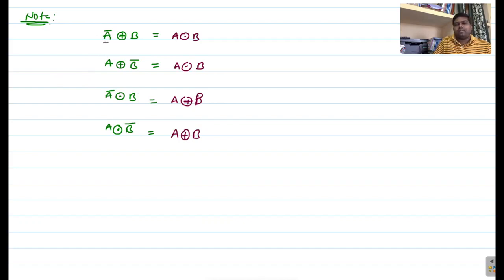Otherwise you can verify: just take one input as A bar and another as B. Now you can substitute in your XOR expression, then you will get A XOR B. So you can verify if you have any doubt. So these are the four other properties. And next,